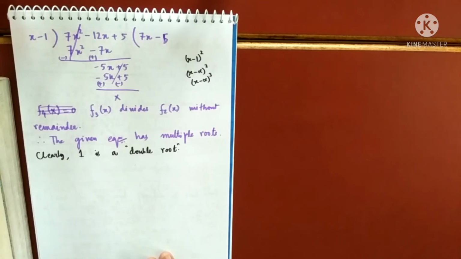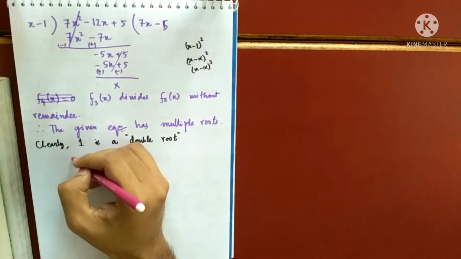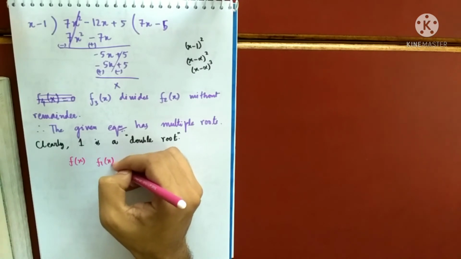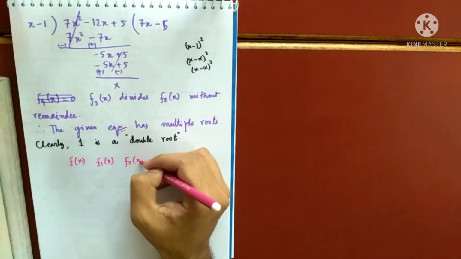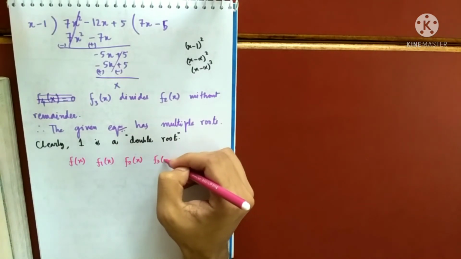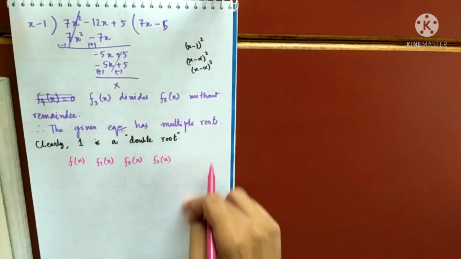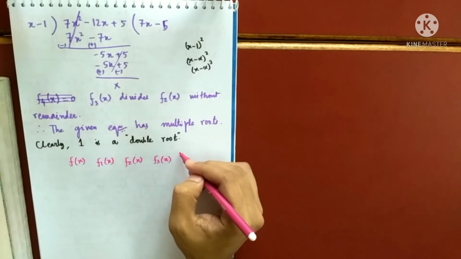So let's see what happens. I have all of them. Let's see now the position: fx, f1x, f2x, f3x. We will not talk about f4x, but this is all 0, so no need to write. That will not give any changes in sign.